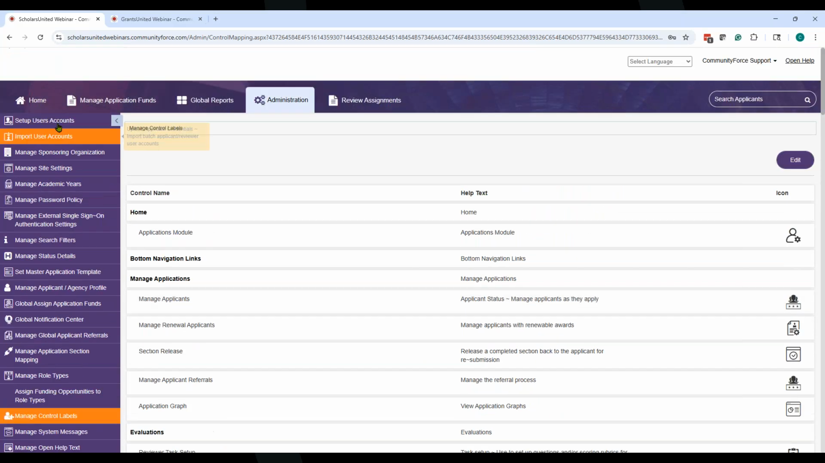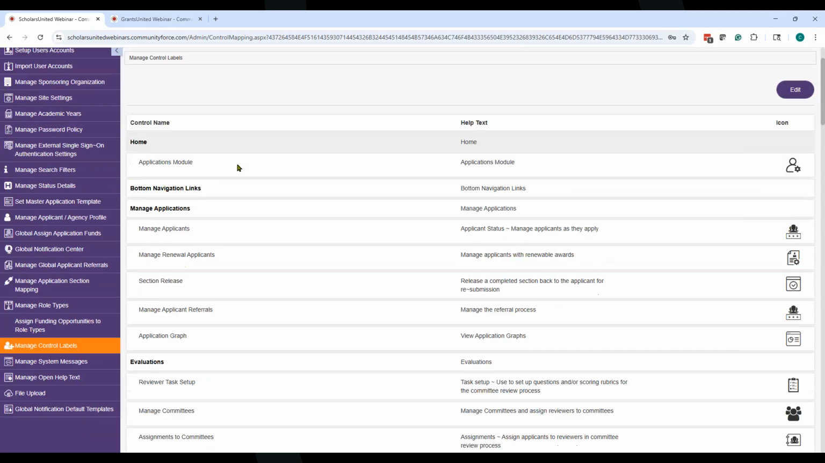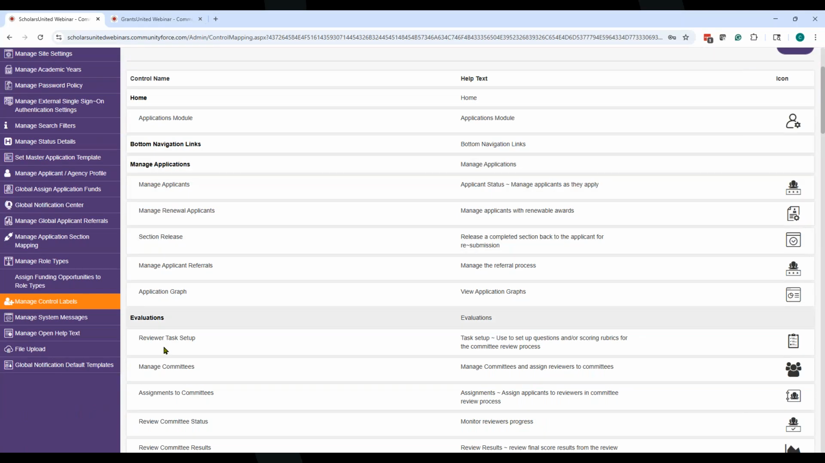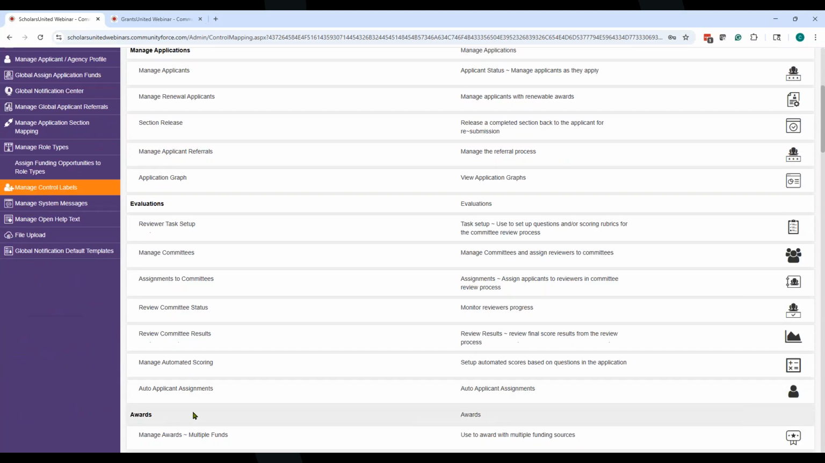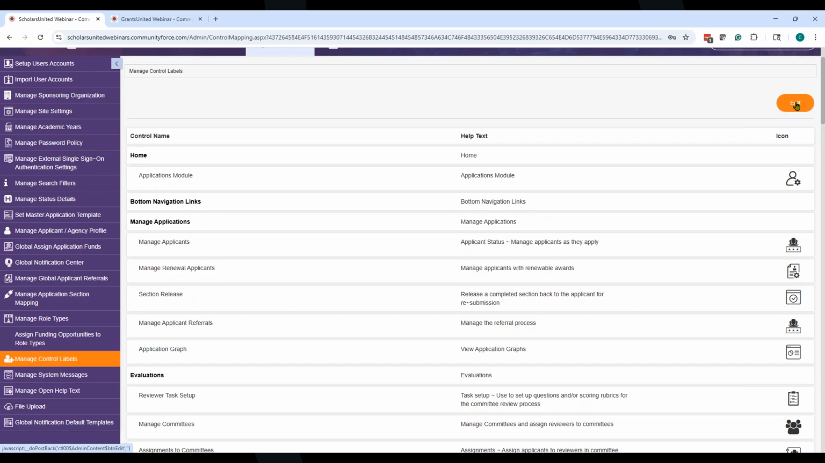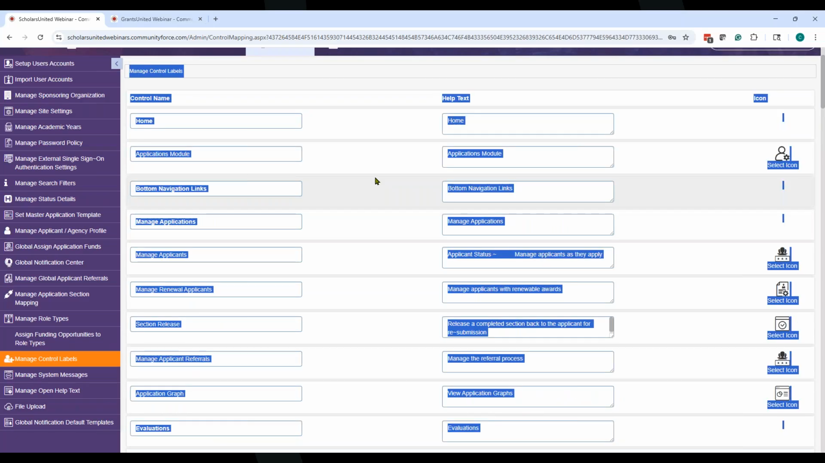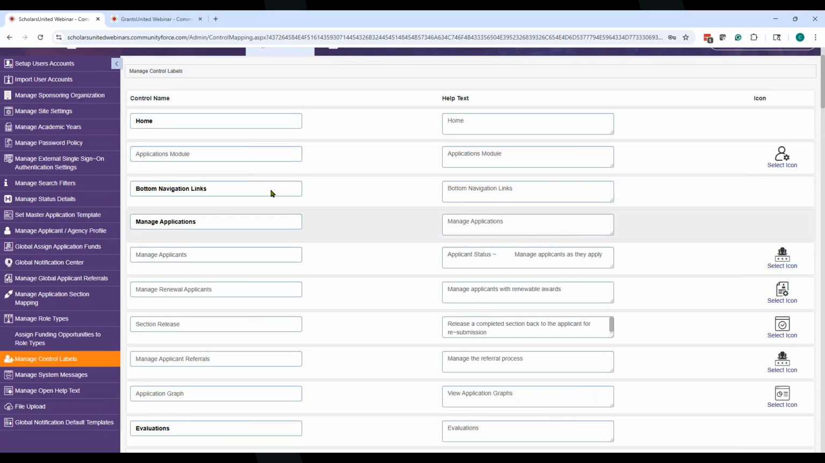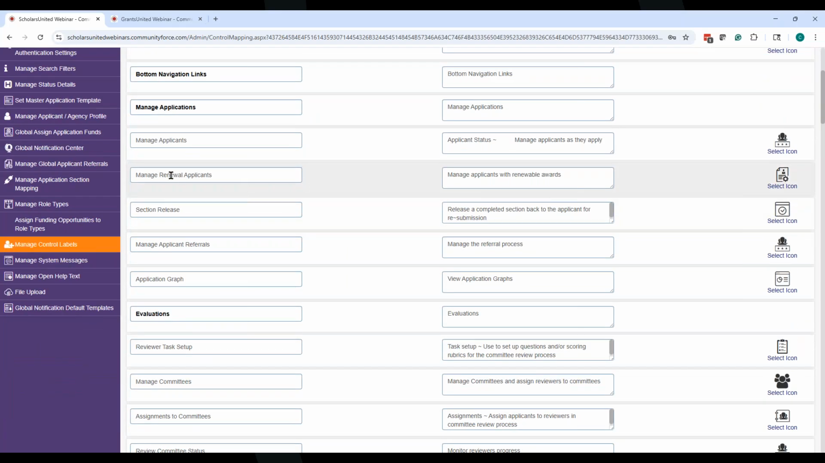All of those that are bold are usually titled ones across the page. Like if I go into home, I select an application, you have the manage applications tab, you have the evaluations tab, you have the awards tab. So if you do want to change these, you come over here to the edit. As soon as you click that edit, it opens up all the fields. And maybe I want to change one, manage renewal applicants, to manage renewal